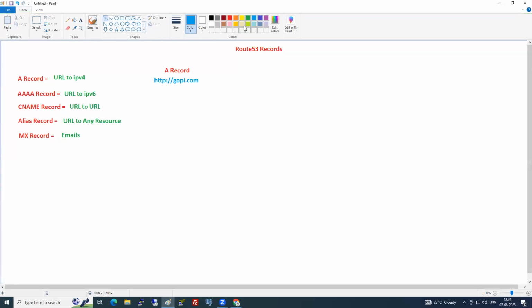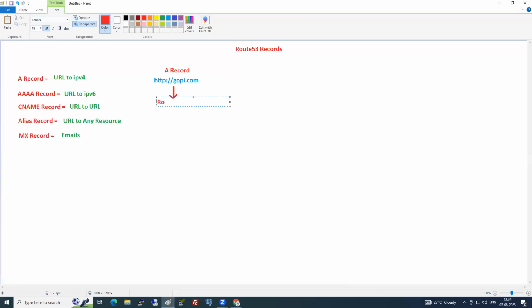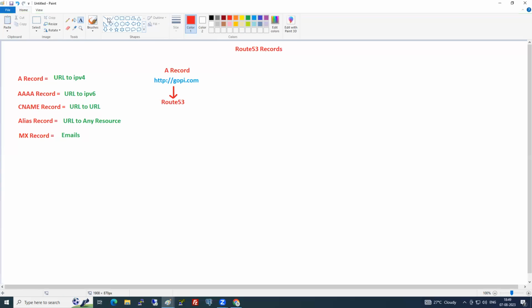So now I hit gopi.com. Tell me first, whenever you open the browser and hit gopi.com, where will the request go? First, the request will go to Route 53. From Route 53, the request will go to the hosted zone.